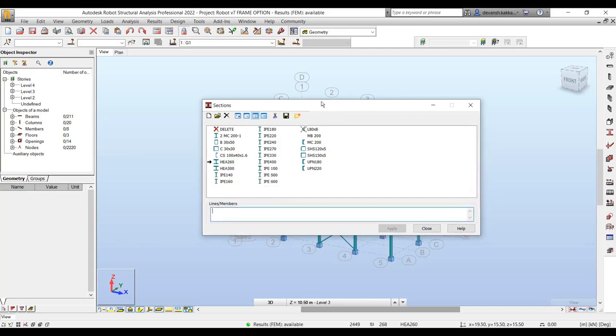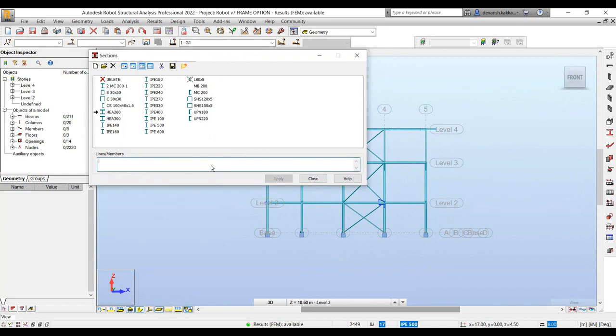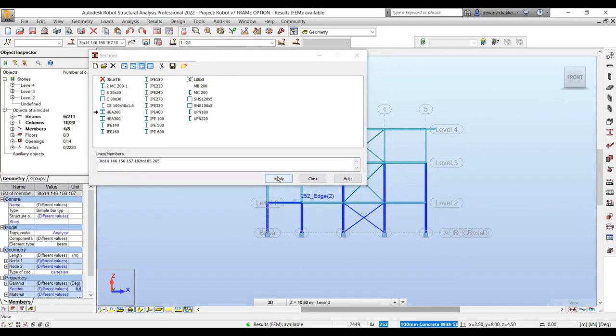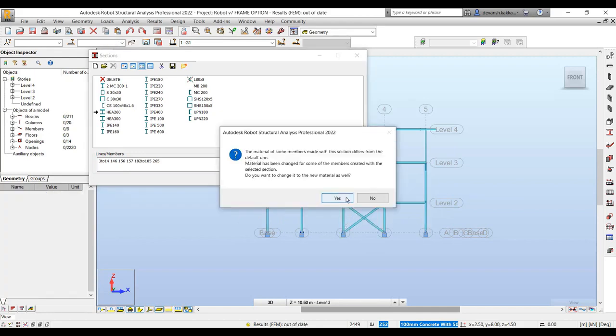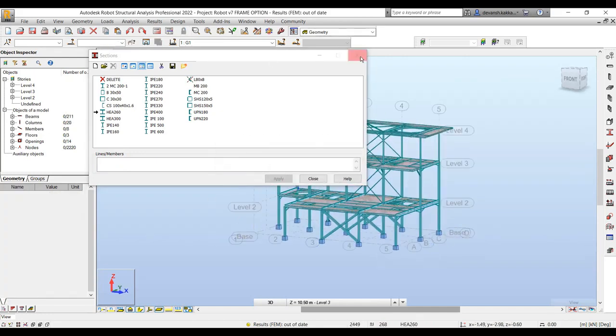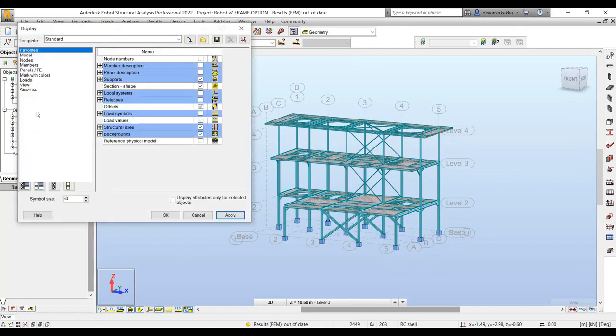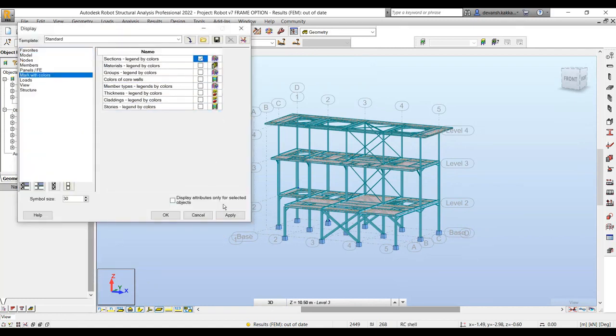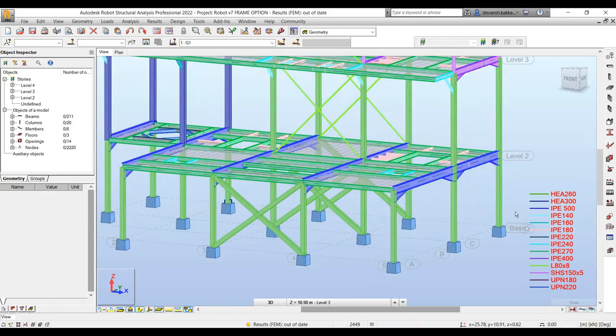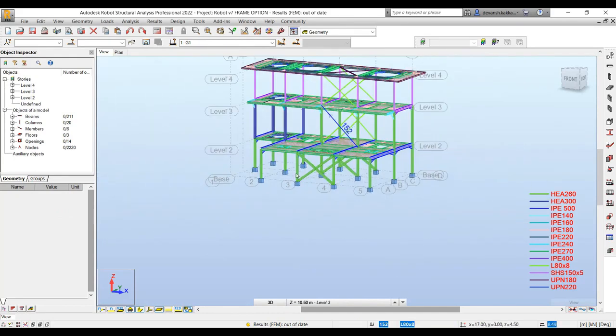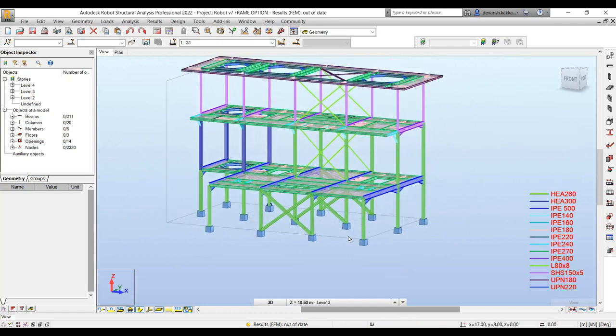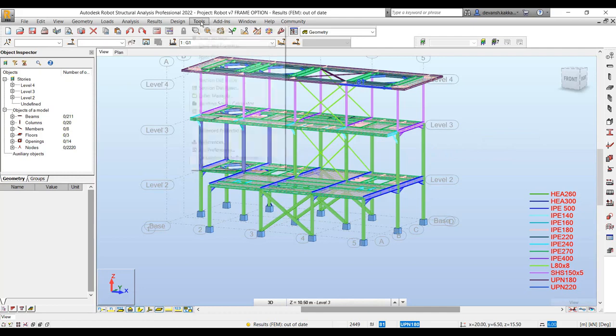Once you've added the requisite section within the sections tool, you can then select the elements to which you want to assign that particular section property. Once you do that, it automatically gets associated to that element. And in case we want to just quickly validate which sections have been assigned to which members within our structure, graphically, we can make use of this color by property tool, which indicates what particular profile has been associated with which element. So very quickly, we are able to ascertain whether everything was defined correctly or not.